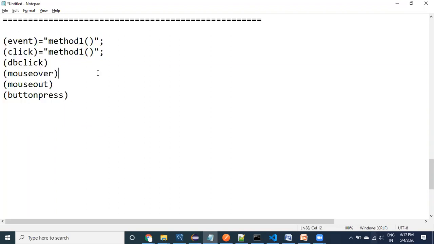There are so many events in the browser. Whatever event you need, for that event you can provide the method. You can attach the method for that particular event. That's why this is called event binding. Let us go to the HTML file again.